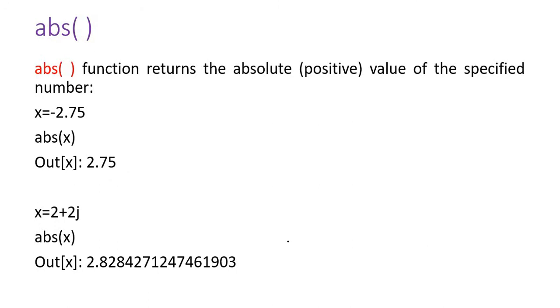Minimum function, maximum function. Then we have the absolute function. This function basically gives a positive value. The input can be negative, complex, or positive, but it takes the absolute of that x and gives the result. Suppose x is a negative number. Then ABS of x gives 3.